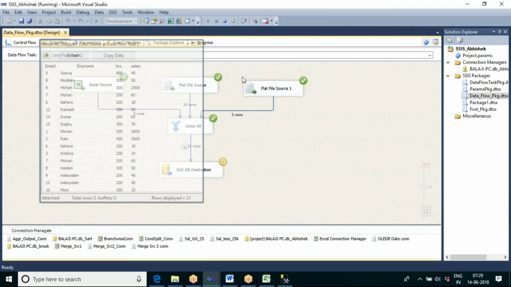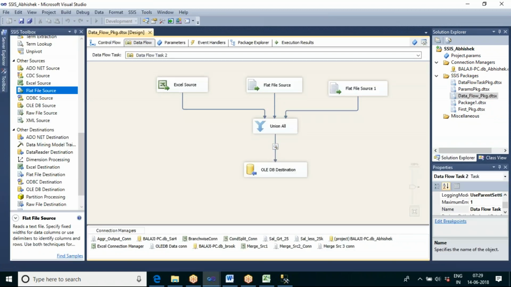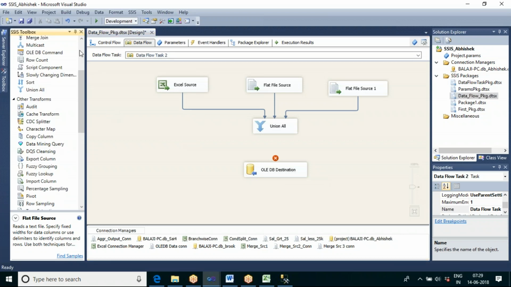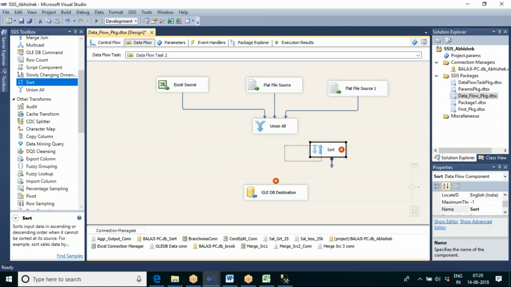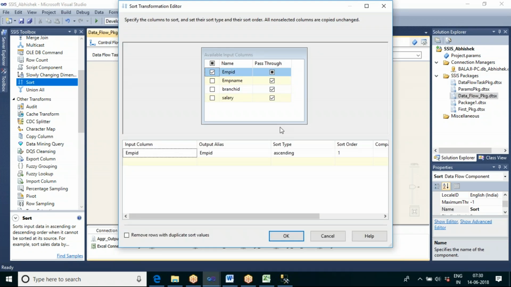But if you want to sort, then after getting the output, before putting the data in the destination, you can apply the sort transformation. After combining, go and apply the sort, and you can sort it on employee ID.